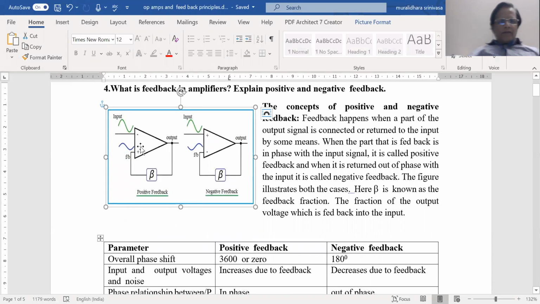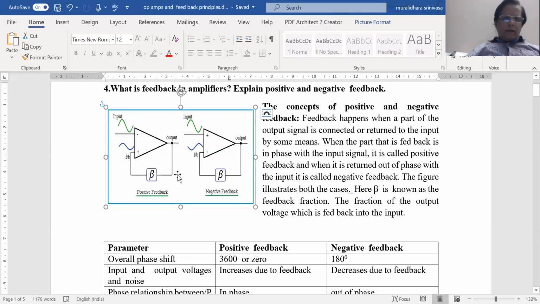So this is the op amp. Doesn't have to be an op amp, in fact. Now we are feeding the input signal at the negative terminal. You have got the output here, and it is being fed back to the positive terminal. What is happening here? The input is given to the negative terminal, so the output will be 180 degrees out of phase with the input.